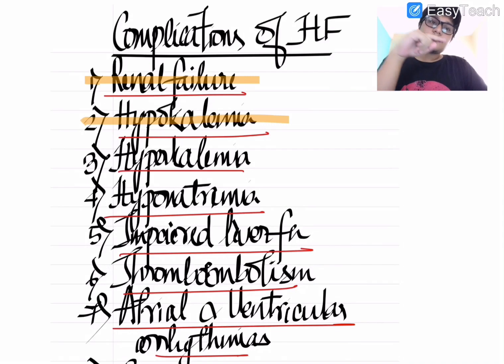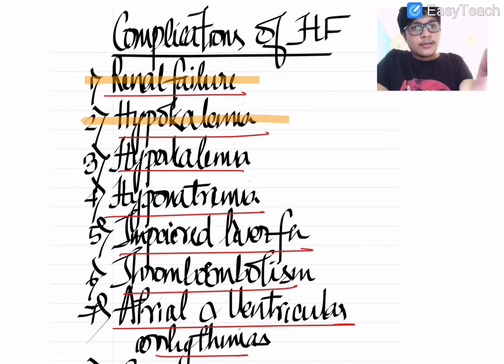Also, due to hepatic congestion, there might be impaired aldosterone metabolism. Now, this impaired aldosterone metabolism will lead to secondary hyperaldosteronism, which will again cause hypokalemia. Now, what are the causes of hypokalemia? Hypokalemia is more commonly caused by the RAS inhibitors which we give.